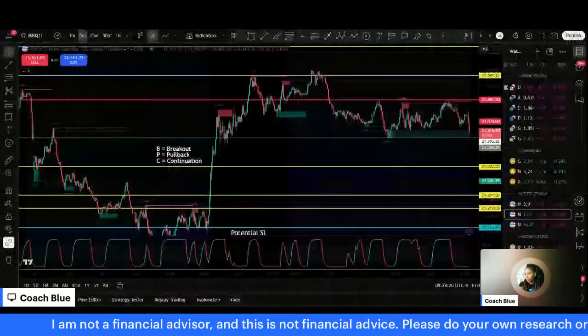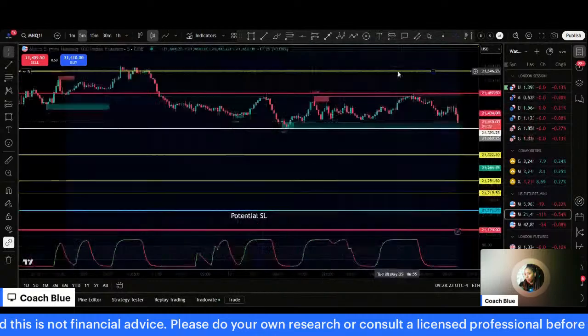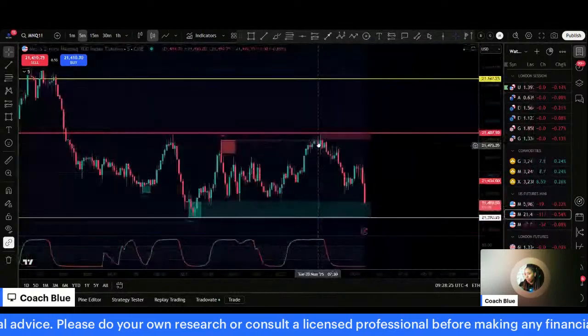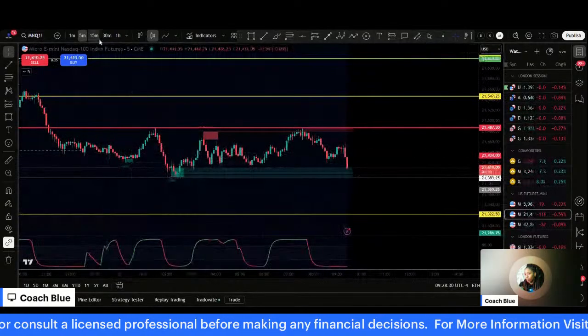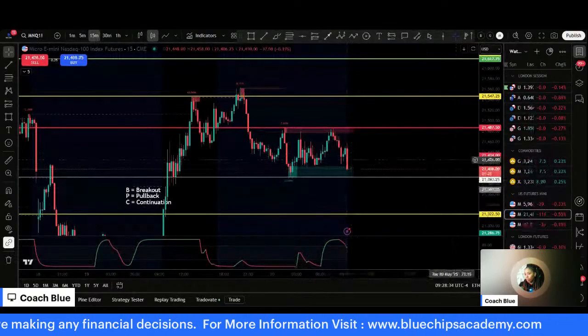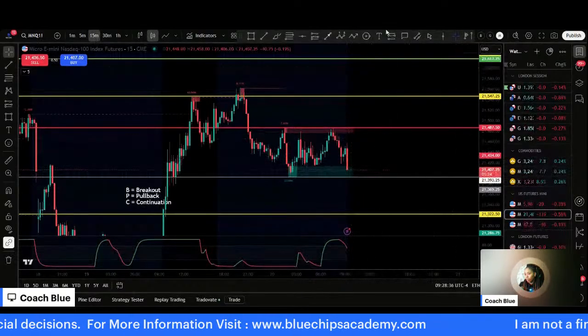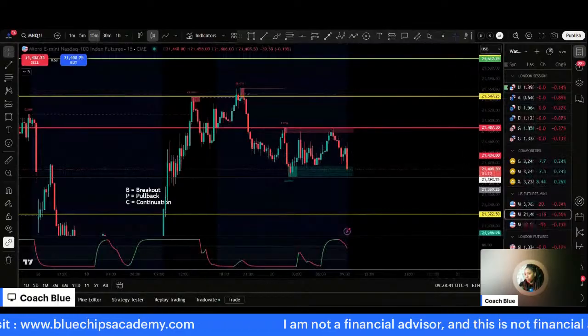So let's go back to the chart. We're 2 minutes before market open. And let's see what we have for today. Looks like price is approaching our base here. We might be looking at a BPC to the downside. All right, so we're just going to keep an eye out. We've got 1:20 until the market opens.